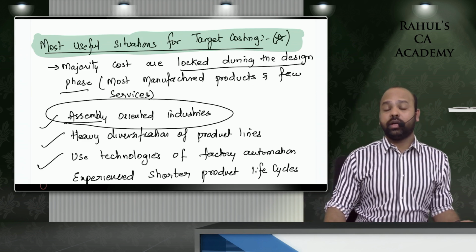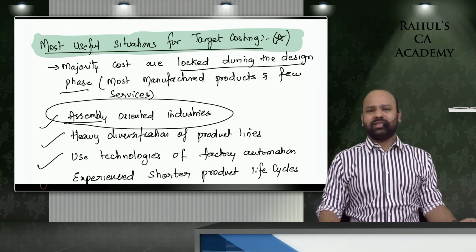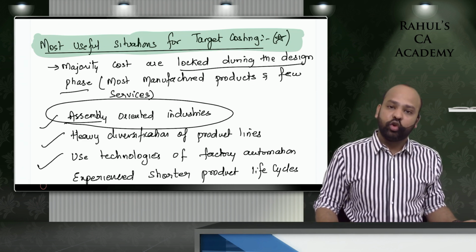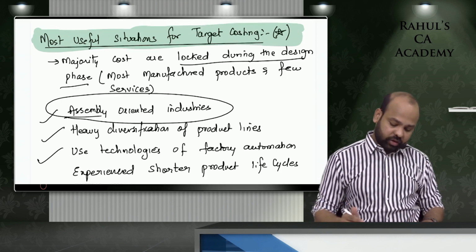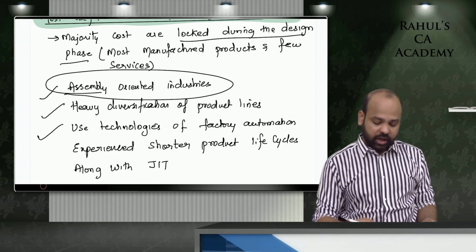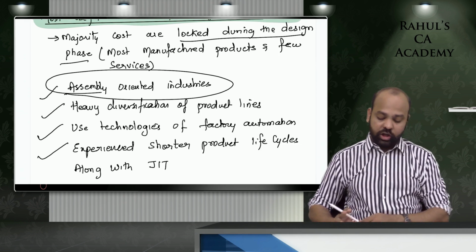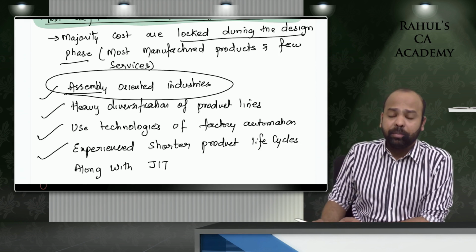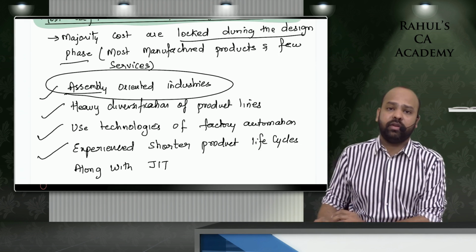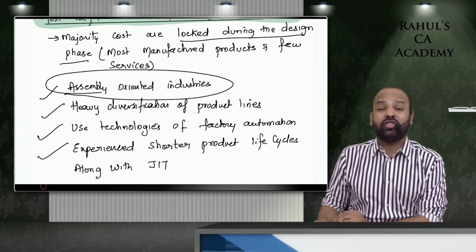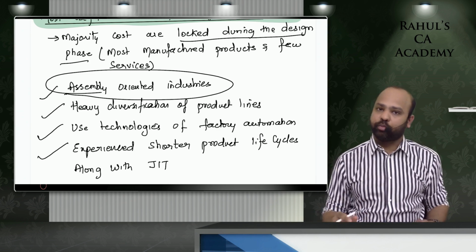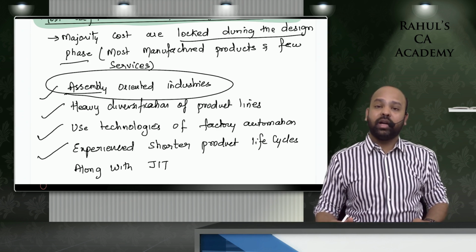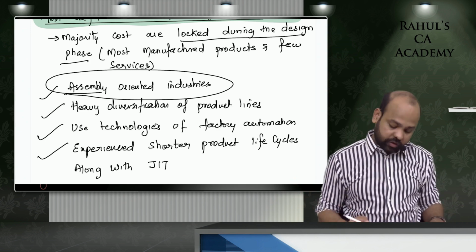The companies that are using the latest technologies in a search for reducing the cost per unit replace their variable cost per unit with fixed cost. Higher amount of fixed cost, lesser variable cost. They have experienced shorter product life cycles. The product has gone out of the market in shorter phases. So this is where they will have to estimate the target cost well in hand so that they're able to maintain that desired level of profit. You cannot cry about it later that you were unable to recover the cost of the product also.